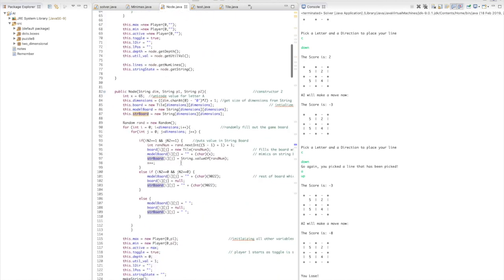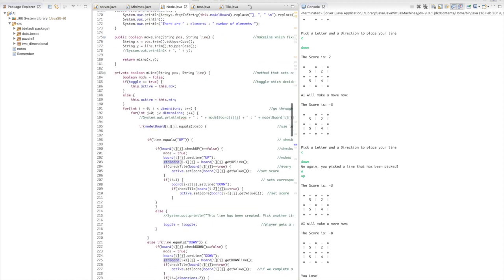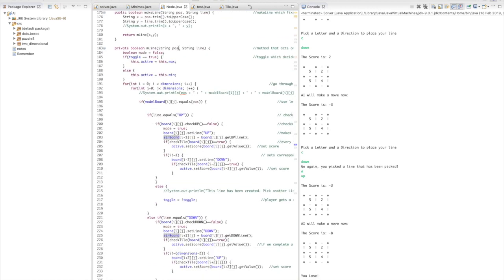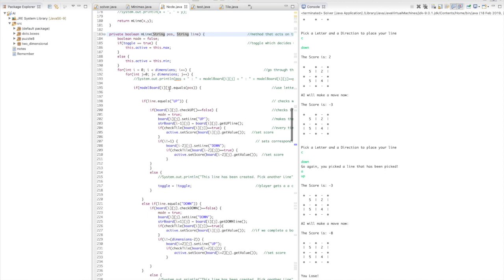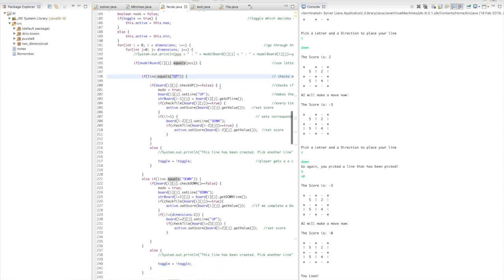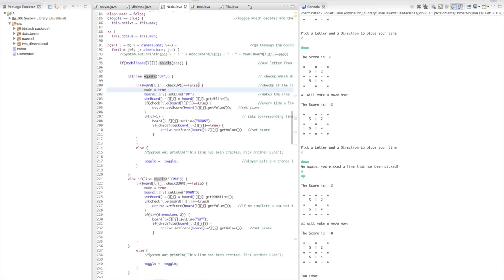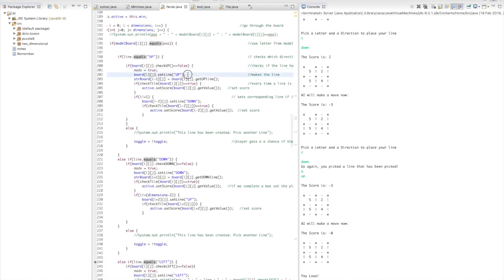So let's go to the most important function, which would be make line over here. So make line, we would get a position, and we would get a line. So that'd be like a C and down, or let's just say A and up. And so if we get like an A and up, the board will check for an A over here, and if it is an A, then we'll go check for an up. And the first check is to check if there has already been a line up there, which just checks a true or false value. If there hasn't, then it makes the line,